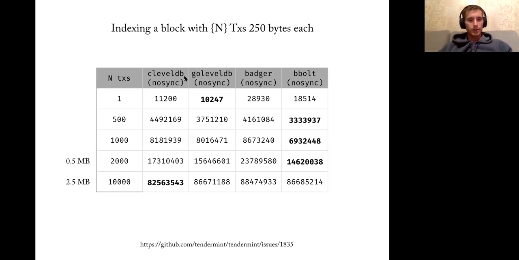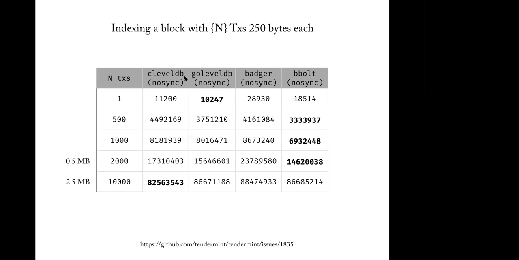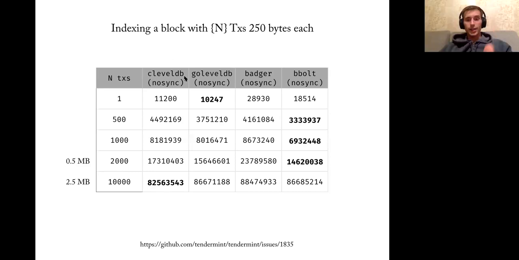And when you hit, I don't know, 2.5 megs, leveldb starts winning. Yeah. Interesting. Interestingly enough, Badger doesn't go that well. I will do it, or maybe some of you can do another round just to,